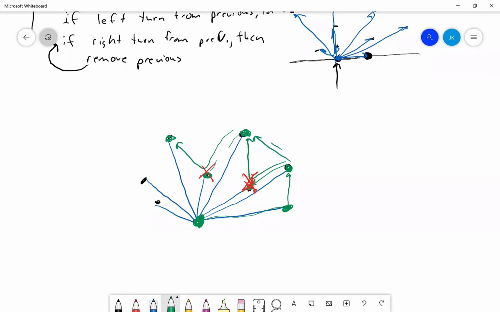And so now I'm looking for that particular turn. And that particular turn is now a left-hand turn. I add the next one in. It's still a left. There's a left, and so on. And so at this point, I have found my convex hull. It's these points, not the two red X's. Those are interior points. All the rest of the points are on the